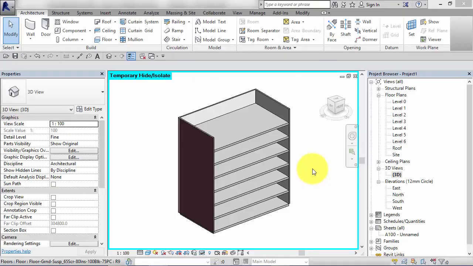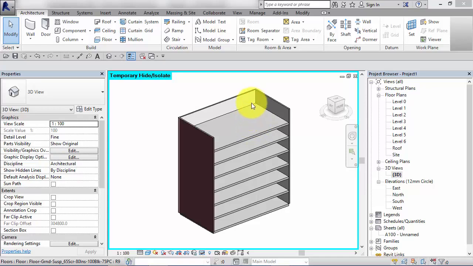In the unit on floors, I showed you how to create an opening or an aperture in your floor element. If you recall, we first created the floor, then we edited its boundary and added a closed loop inside the main floor boundary, remade the floor, and that had the effect of cutting out our opening. You may also recall that I said I didn't think that was probably the best method of forming your openings